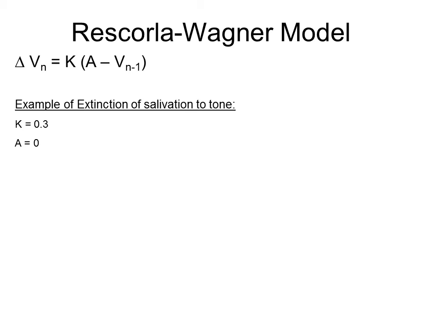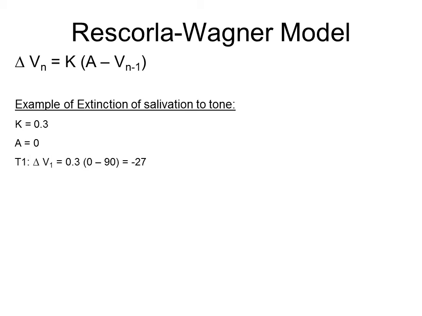But what changes, of course, is the asymptote. What is the eventual goal of conditioning in a situation of extinction? Well, the goal is to be back to baseline, back to 0. And so we need to adjust our asymptote. For acquisition, the asymptote was 90 in our previous example. For extinction, the ultimate goal, or the end point, will be 0. So you'll start from 90 and you'll end up at 0. So we need to adjust the asymptote to reflect the end point of conditioning, and that, of course, is 0.